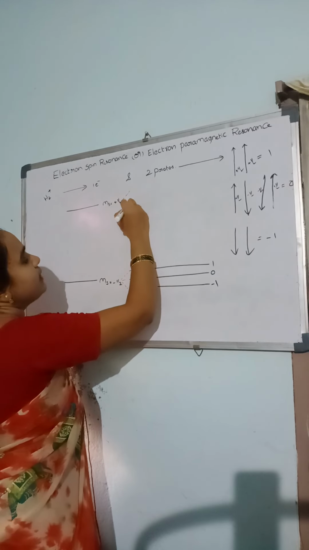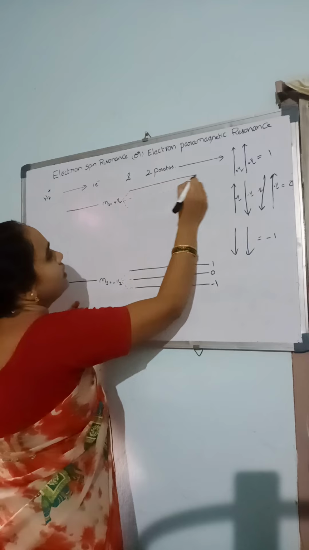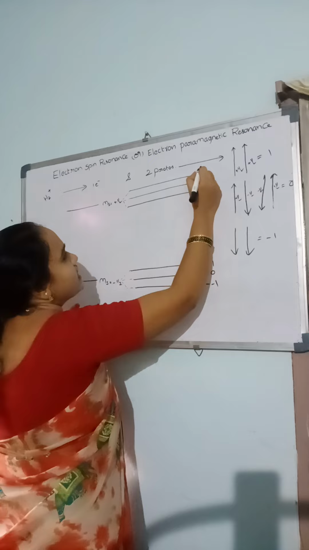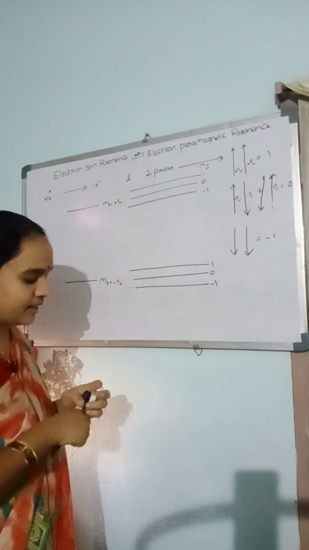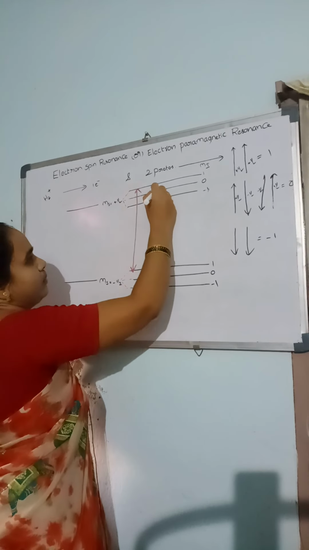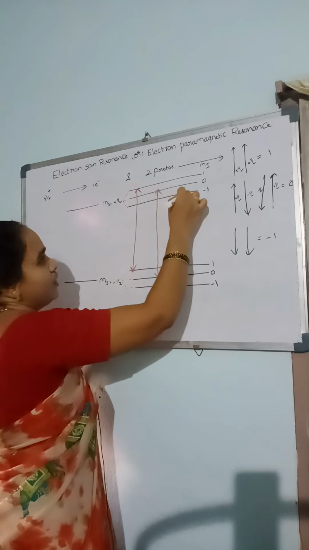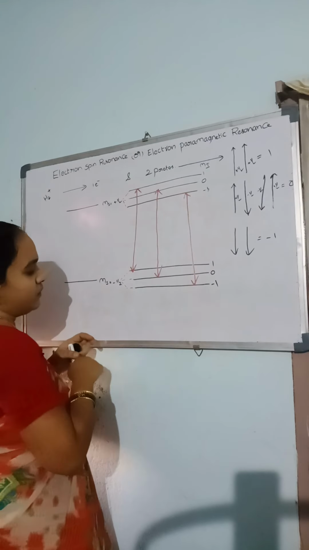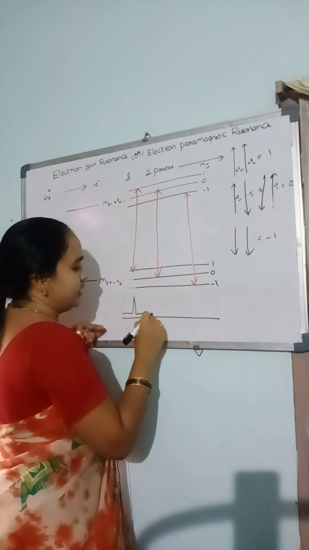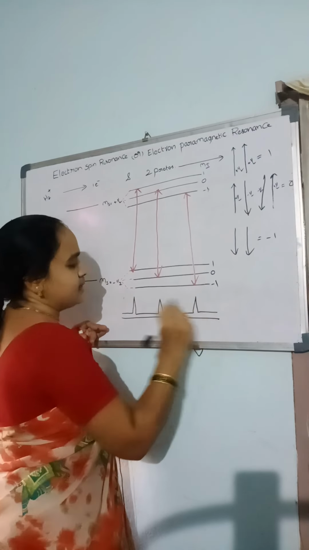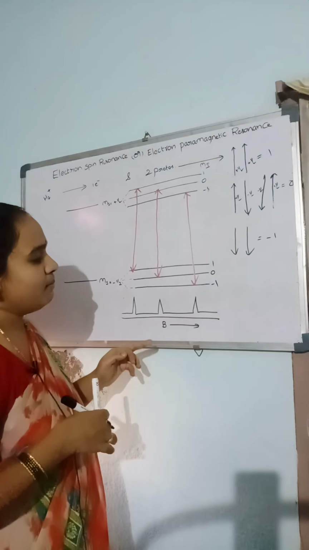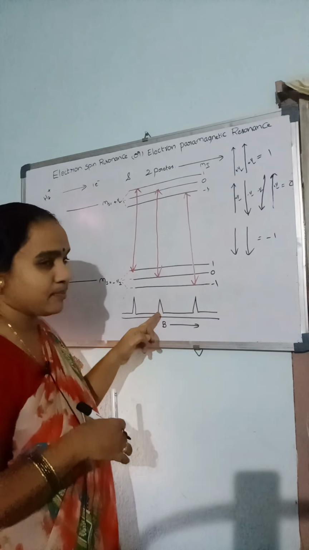This Mi equal to plus half state will also split up into 3 different Mi states. They are 1, 0, minus 1. So we can draw the transitions from 1 to 1, from 0 to 0, from minus 1 to minus 1. So on the spectrum we are getting 3 spikes by taking the external field as a reference, but we are not getting a central spike